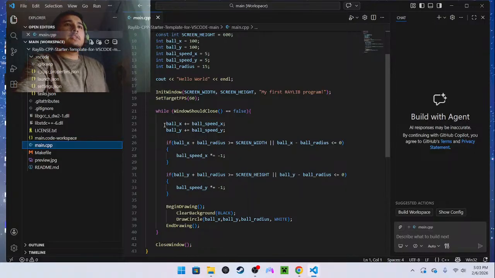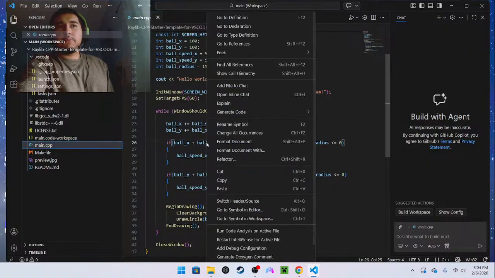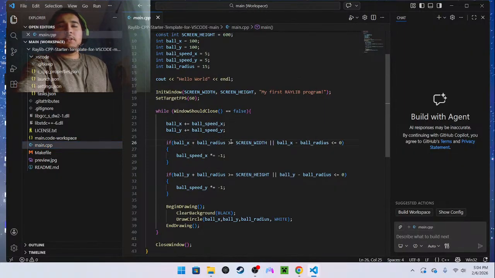So this int here is getting added, ball speed x and ball speed y, if the collision radius, both of them added together, are greater than or equal to screen width, or subtracted is less than or equal to 0, then ball speed increases.